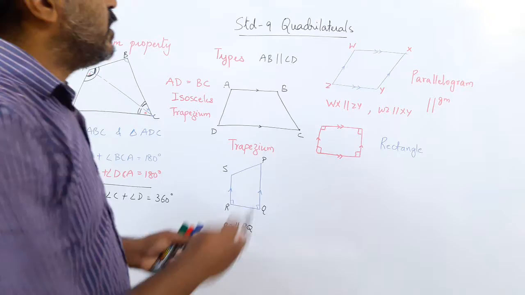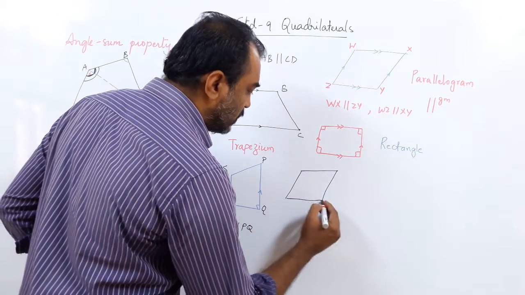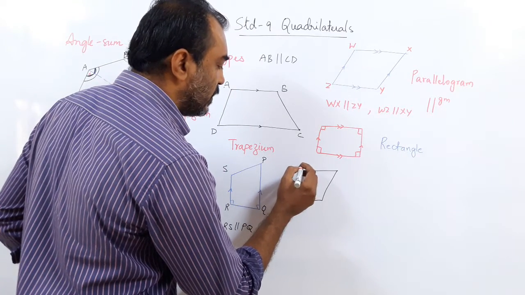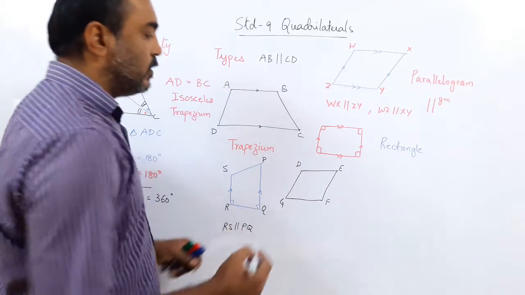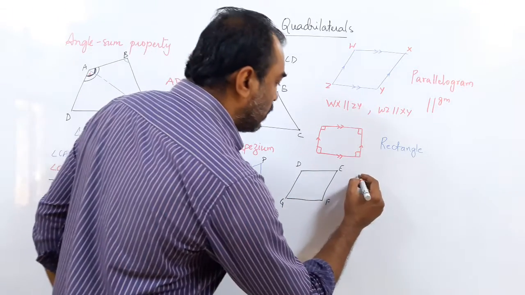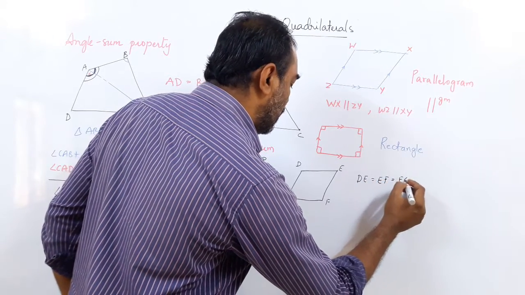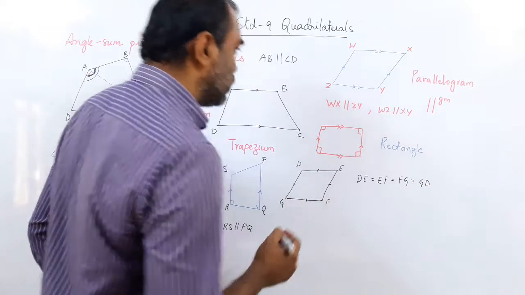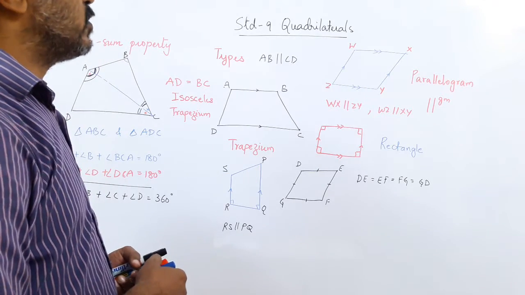Okay. What if the opposite sides are parallel? You can see the opposites are parallel, but here, let me give it a name, D, E, F, G. Now here, this is not a parallelogram, sorry, a quadrilateral, but here we have got all the 4 sides equal. DE equal to EF equal to FG equal to GD. All the 4 sides are equal. So there can also be a parallelogram in which all the 4 sides are equal.